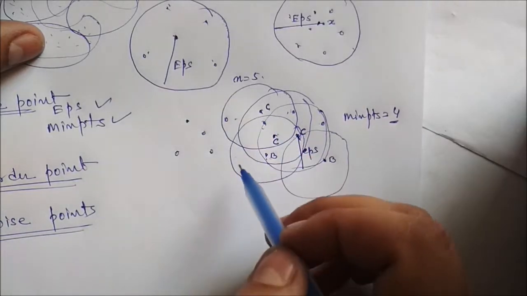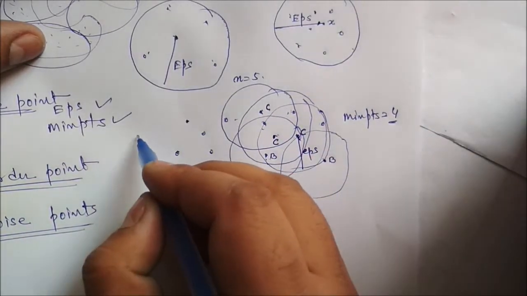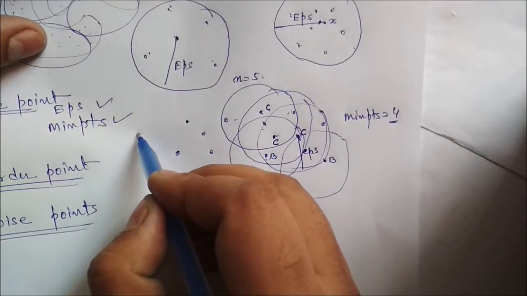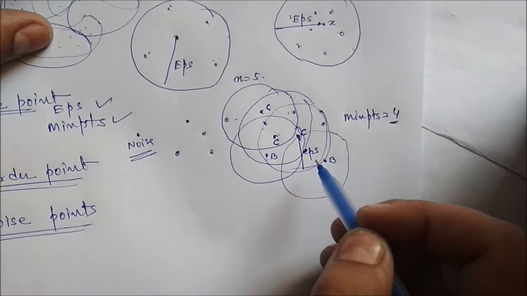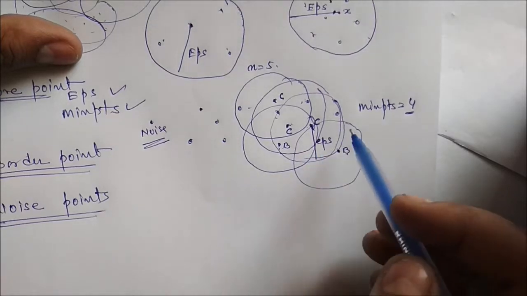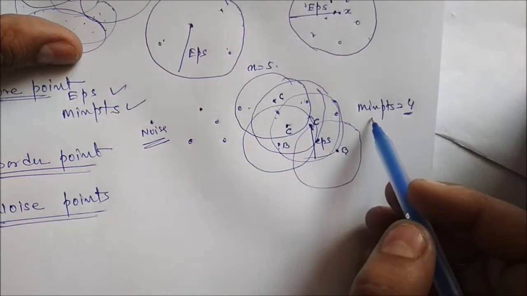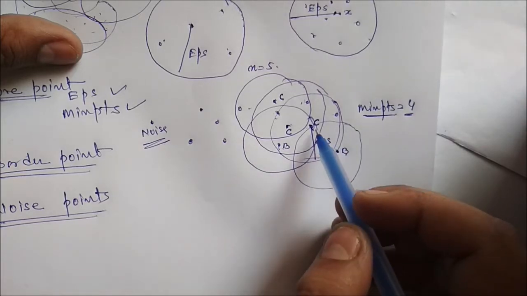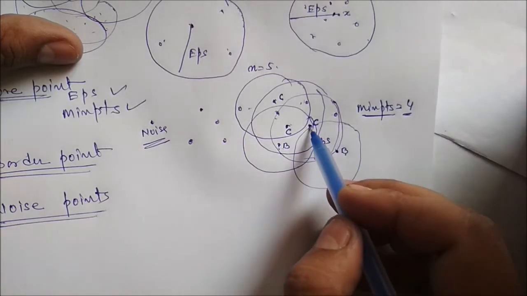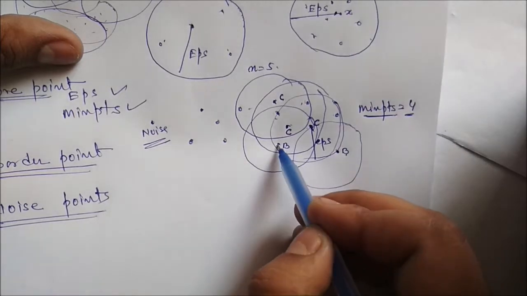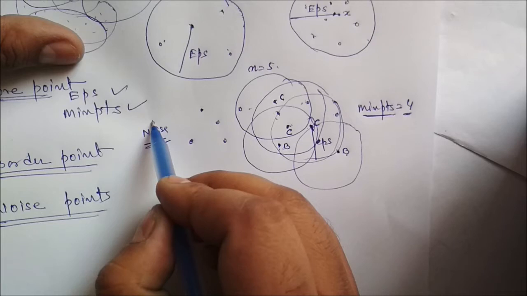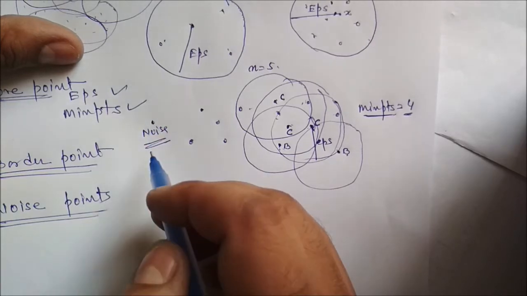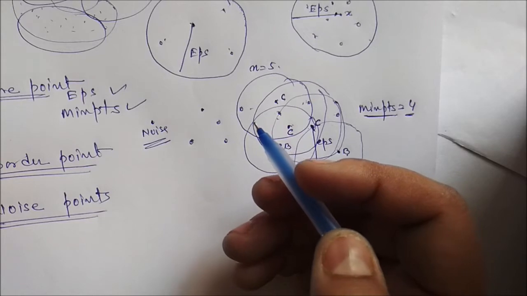In this way, we have to identify the core points. Now say our data point is somewhere here, and it is neither a core point nor a border point. Then we assume it is a noise point. So what is a core point? If the number of data points within EPS is more than the threshold value MinPts, it is a core point. If it is not, but it is a part of a core point's neighborhood, then it is called a border point. This is a part of the core point C, but it is not a core point itself, hence it is called a border point. A point that is neither a core point nor a border point, we assume is noise.